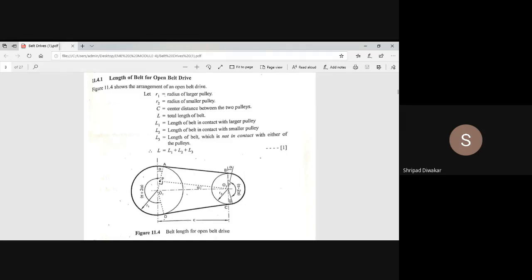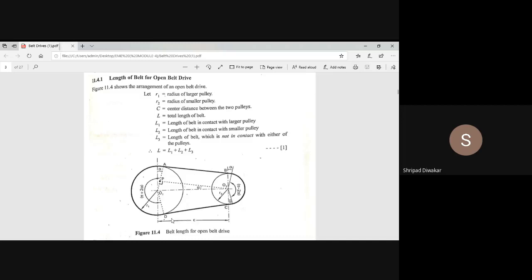See the diagram, up to here is the vertical line passing through the center point, but we have some angle, you can observe here. So this is called the angle of contact. We get the angle of contact, one alpha here and one more here at the bottom. This alpha is the same, that is called the angle of contact. So this is the angle.